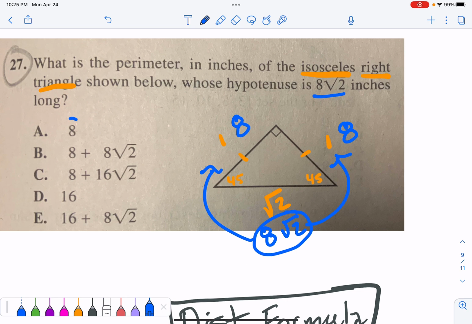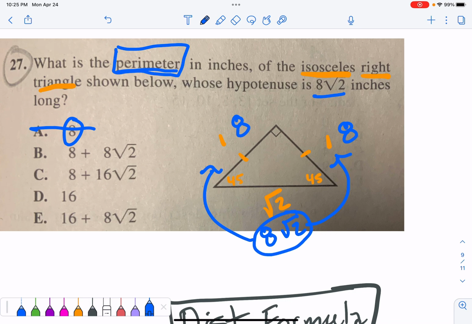But notice that they do list 8 as a number, right? Because you're thinking, oh, I just have to find the missing side. Nope. I have to find the perimeter. So be careful of that. Anytime they give that to you and you're like, oh shoot, I have to make sure I do that at the end to find the perimeter and not just find the missing sides, maybe circle that or something in